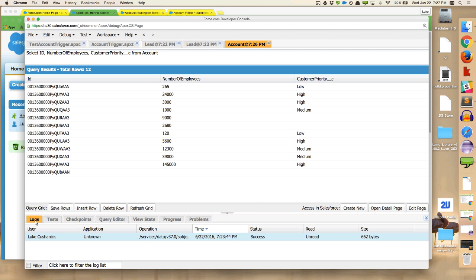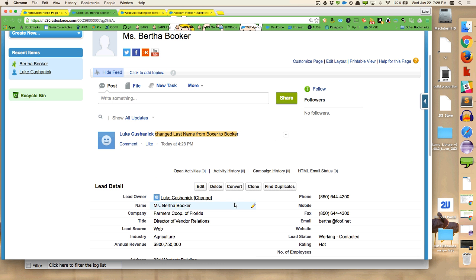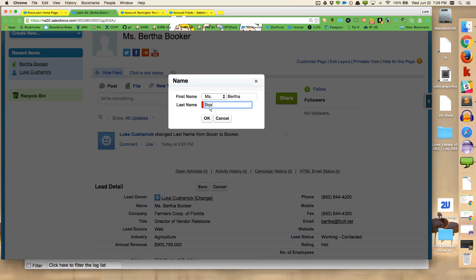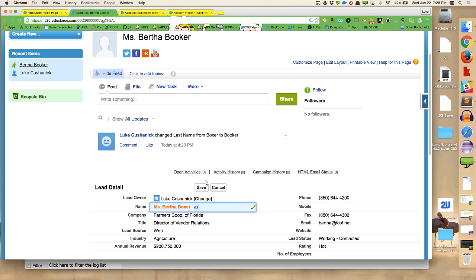This Logs tab is very responsive. Not only is it going to record whatever I'm doing here in the developer console, but it will also show the results of any actions that I take in the interface. So if we note here, there's just one log here in the Logs panel now. But if I go over to my user interface, and I make an edit to a record, let's change this name back. Seems like maybe we need to correct that back to Boxer. When I save that,